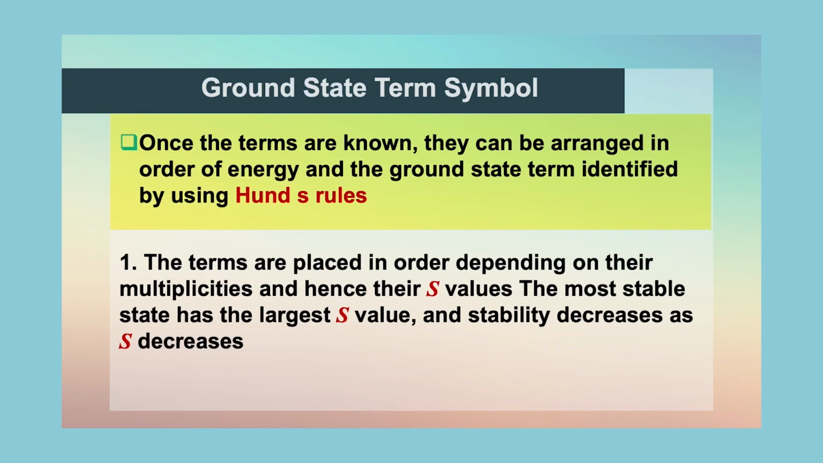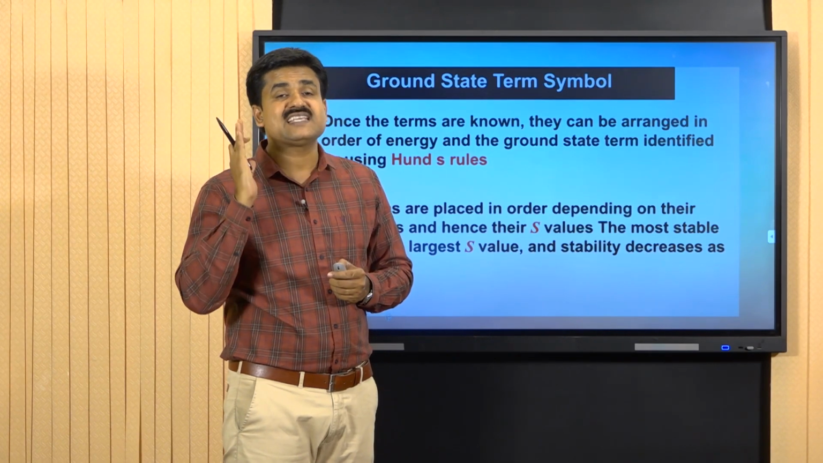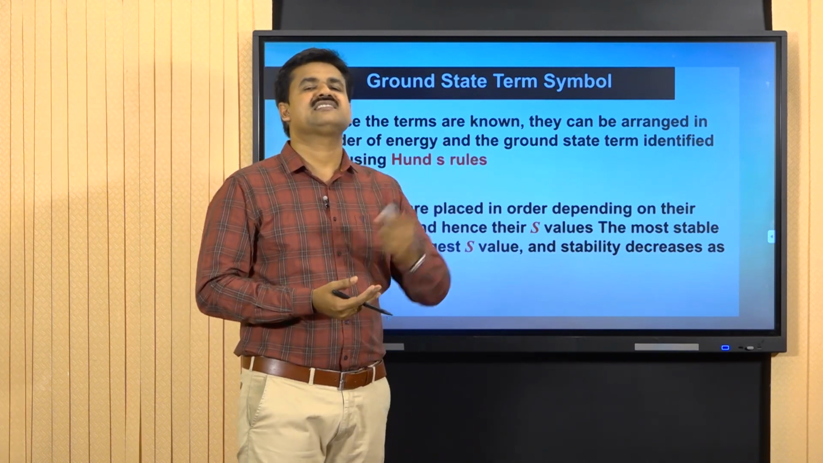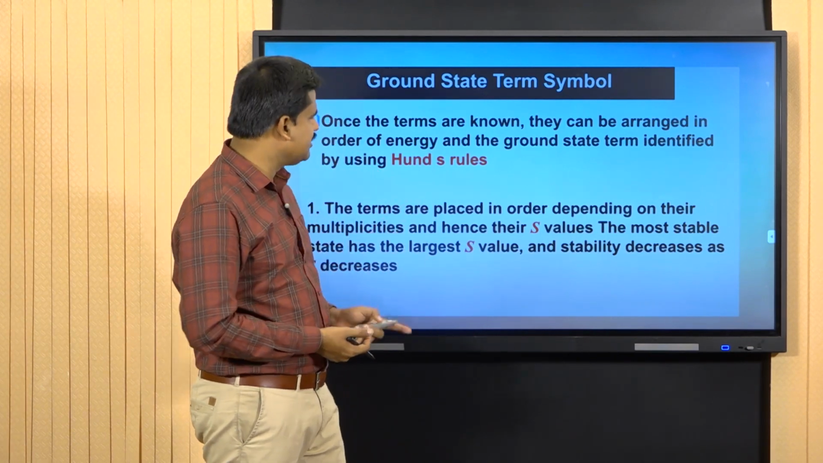Once the terms are known, we can arrange them in increasing order of their energy. And the ground term is the term with the minimal energy. The ground term can be determined by using a set of rules called Hund's rule. What are the statements of Hund's rule? This is the first statement. The terms are placed in